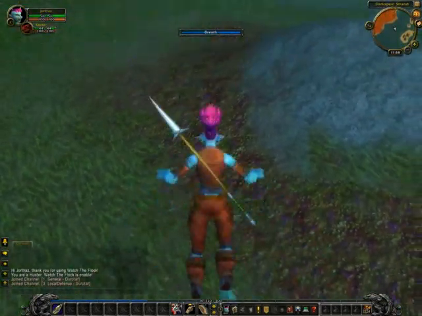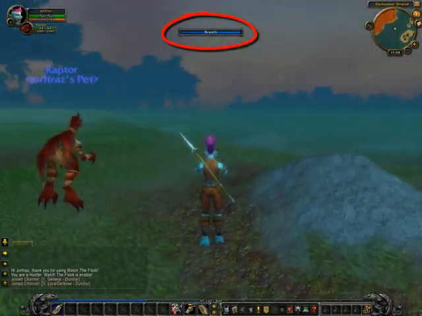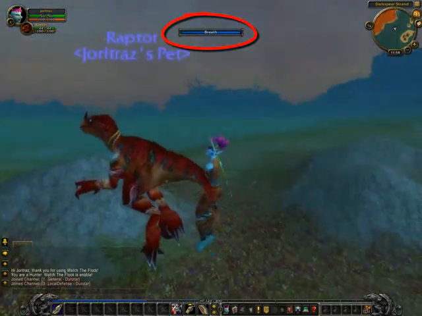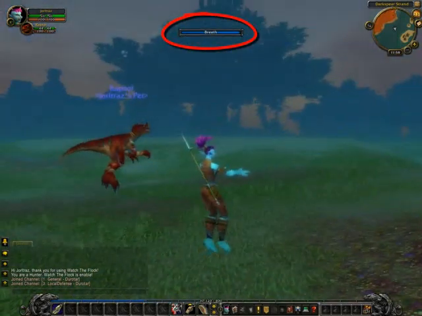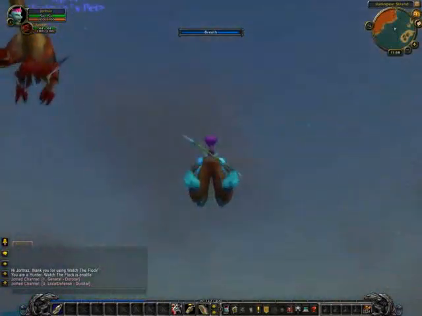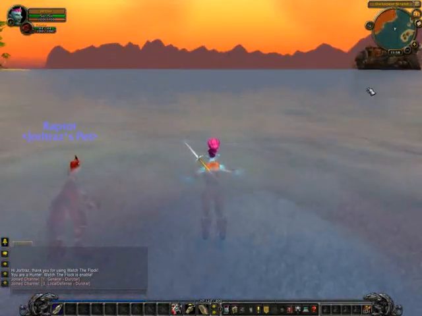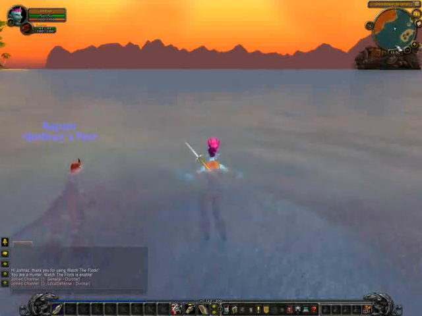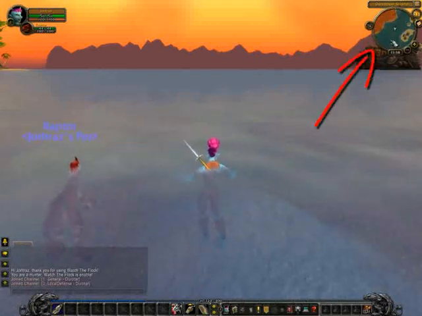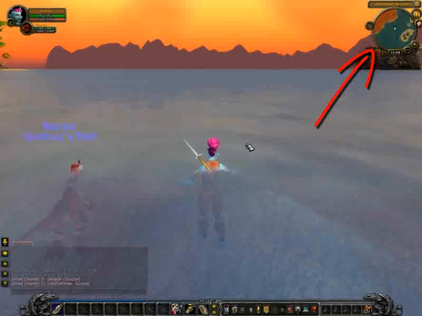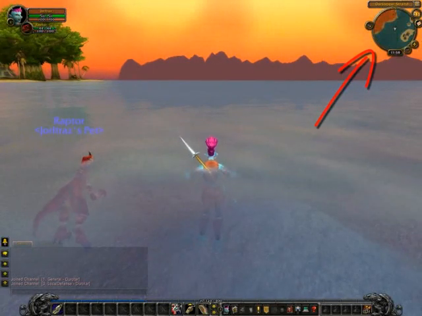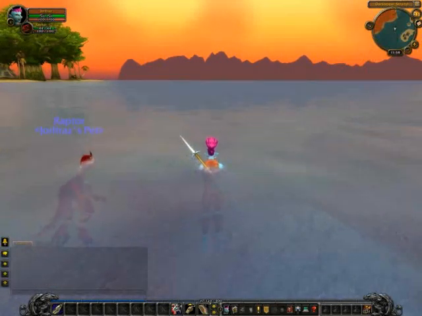You'll notice when you're underwater, you get a breath bar at the top of your screen. Keep an eye on this when you're questing. If you run out of breath, you will die. The other thing you need to worry about in water is there are areas of the lakes and oceans around you that will have a darker colored water in your mini map up here. If you find you're in those areas, you'll notice a second, in addition to breath, you'll get a fatigue bar